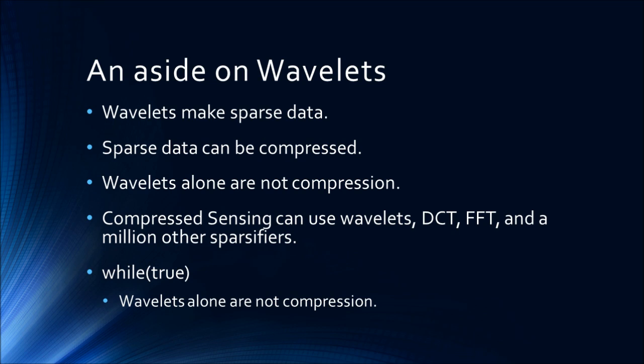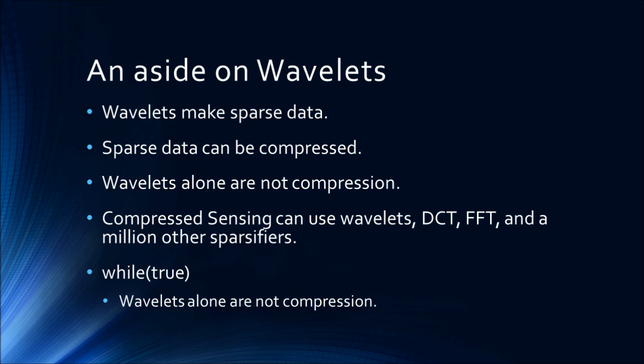Wavelets alone, though, are not the compression. Wavelets work for compression because they help you decide which coefficients to just throw away. Compressed sensing doesn't throw them away, it instead mixes those coefficients together in order to preserve the information. Whereas other techniques that use wavelets take that same sparse wavelet structure and record where the peaks of the wavelets were. So they record an index and a wavelet value and then discard the rest. That is a form of compression, but it's not a form of mixing. So wavelets alone are not compression.